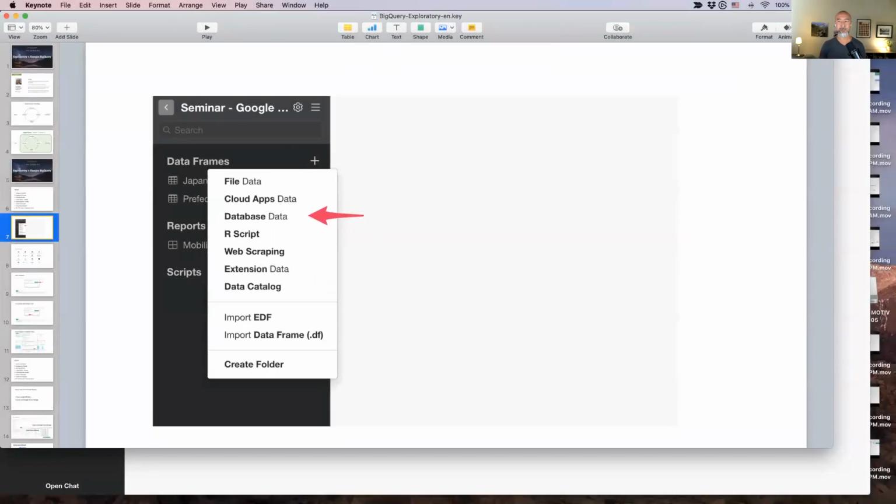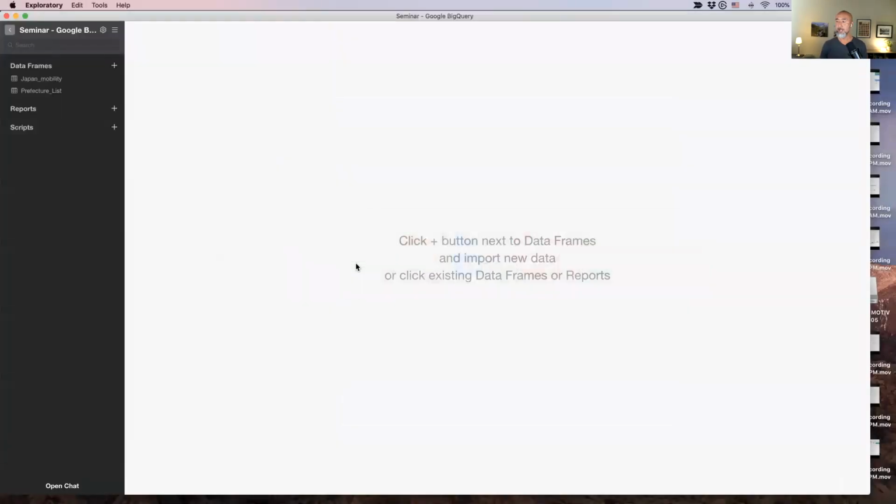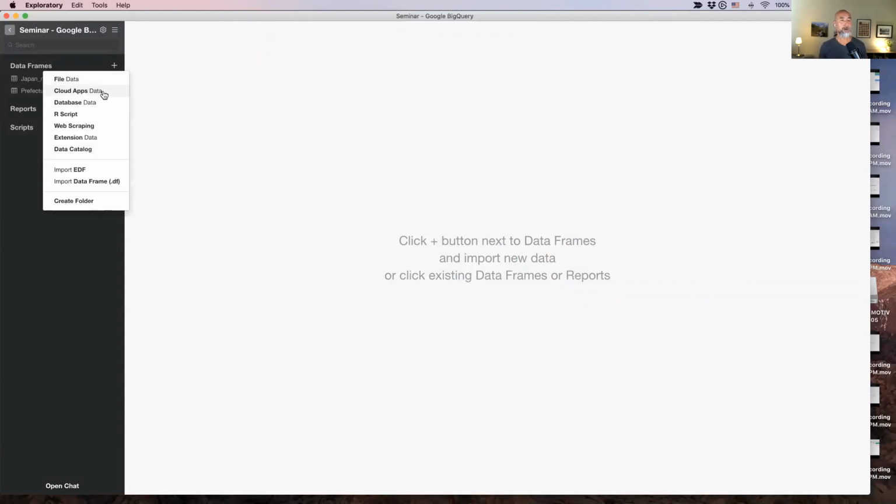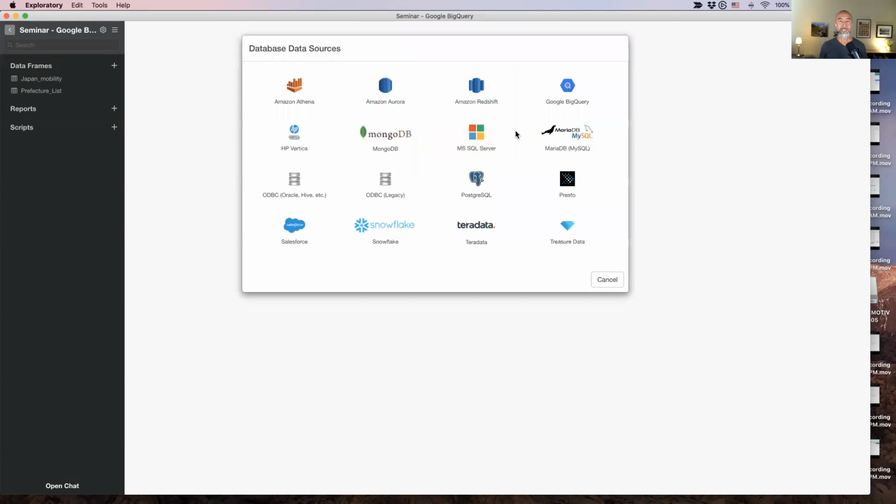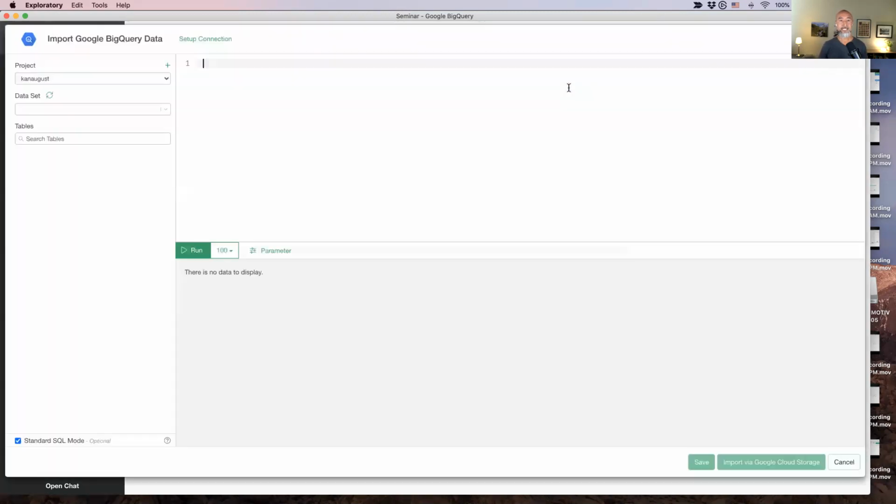I'm going to go through a live demo. So I open the project. Okay, and then what I want to do is connect to Google BigQuery. Google BigQuery can be found under the database data menu. When you click on this, you have a bunch of database connections, and one of them is called Google BigQuery. If you haven't used BigQuery in Exploratory, when you click on this, the first thing you're going to see is the